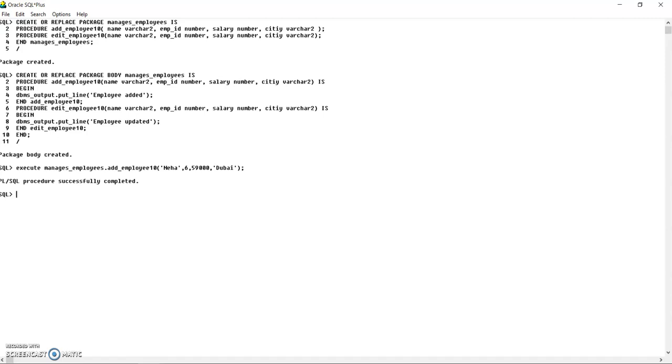Here you will not see the performance benefit information, but you will when you go through more interesting scenarios and when you use multiple objects of the same package. So this is how you can start creating a basic Oracle database package along with a number of procedures or functions inside it.